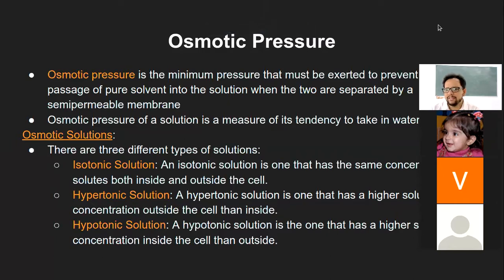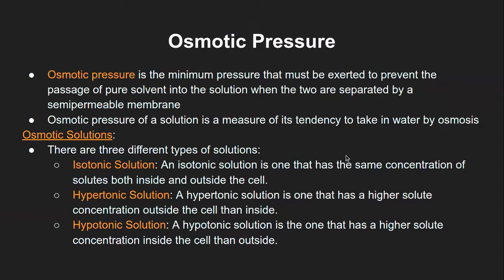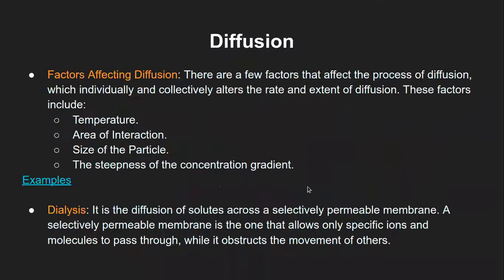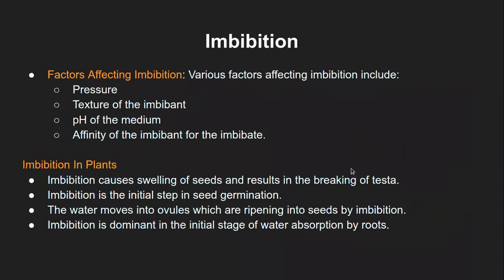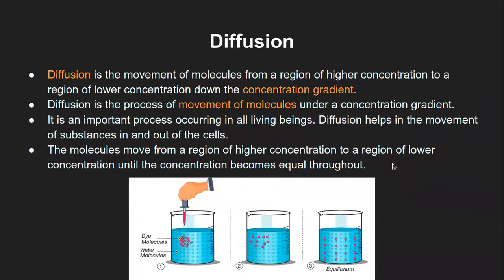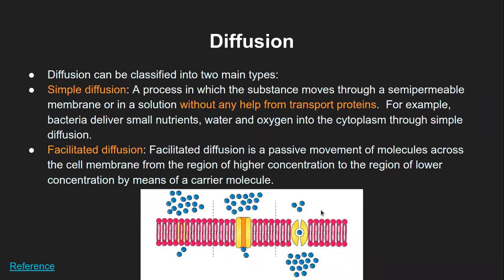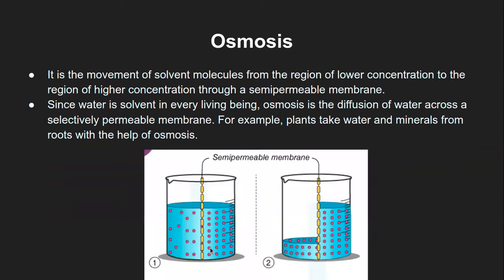In the last class, just to quickly revise what we had looked at, diffusion is the process of movement of solute across the semi-permeable membrane, right? Solute molecules will move. In case of osmosis, solvent molecules will move across a semi-permeable membrane. Major difference between these two processes: diffusion is the movement of solute and osmosis is the diffusion of the solvent molecule. So that way these processes are very different. Both of them happen across the concentration gradient.